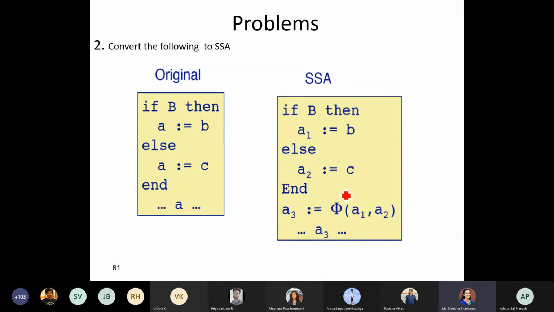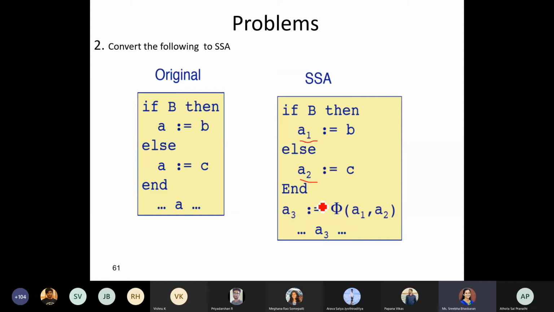So how do we know whether it will be true or false? We can't predict it. So what we have to do is make use of the phi function. The first time, if it is traversing through the true part, it is numbered as A1. If it is traversing through the false part, it is numbered as A2.